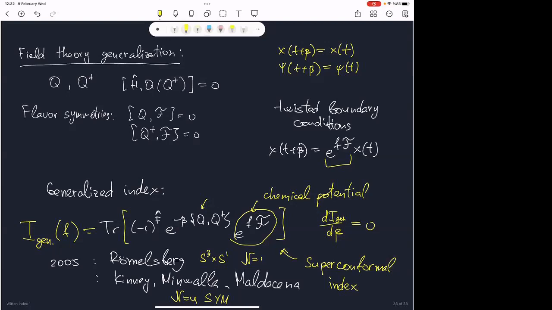was I think in 2006, not for the index, but by Pestun. He used the localization technique. He computed the partition function for N=4 super Yang-Mills theory on S4, a sphere, and later his technique was used by many authors to compute the superconformal index. The main tool here to compute is the so-called supersymmetric